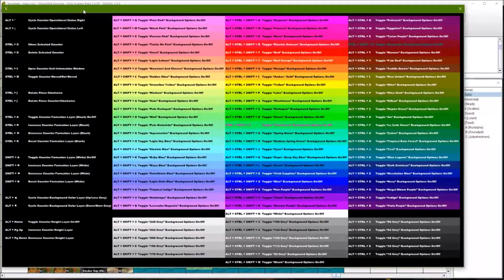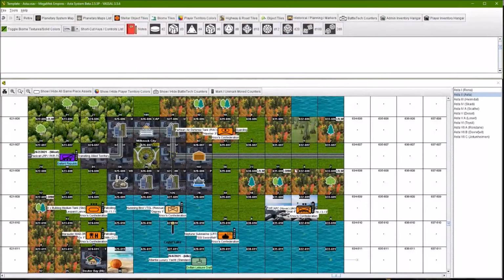Pressing this icon here will bring up a pop-up window with a number of different controls. So looking at this, you can use the Alt key and the single quotation mark together to cycle a counter's operational status, or the semicolon and Alt key to cycle the operational status to the left. Well, what is an operational status, you might ask? Let's look here at this